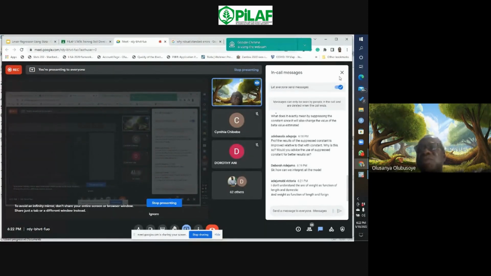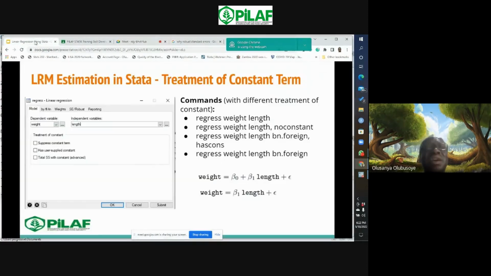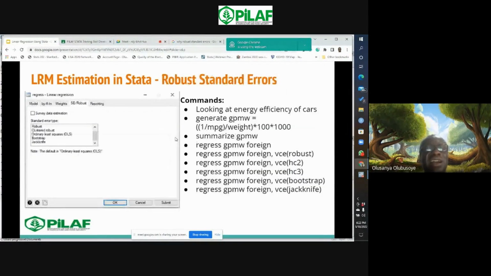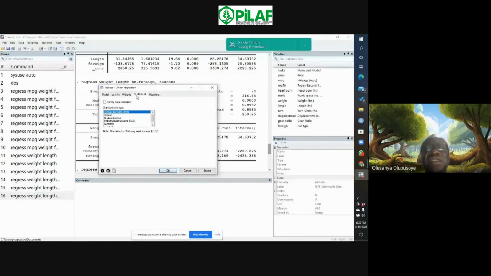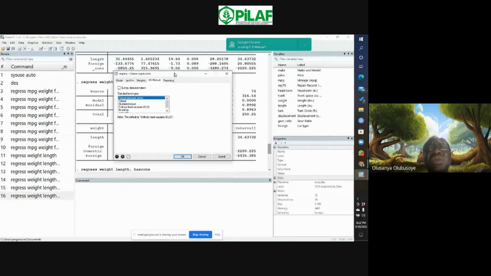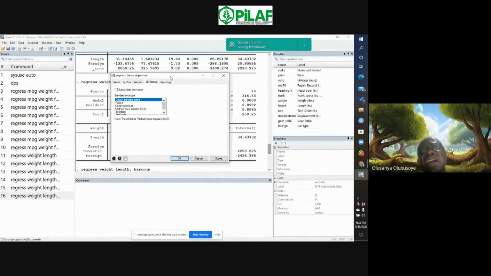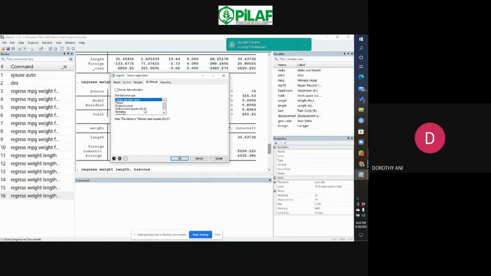So let's move on now, our time is really moving fast. The other aspect which I want us to talk about is the standard error robust estimate. There are different approaches to estimating a linear regression model. We use the ordinary least square, which is